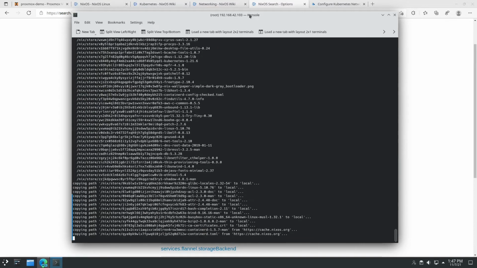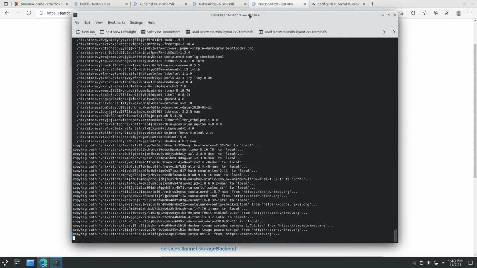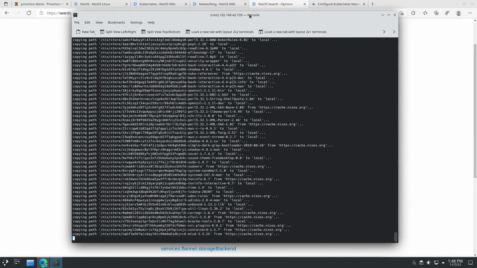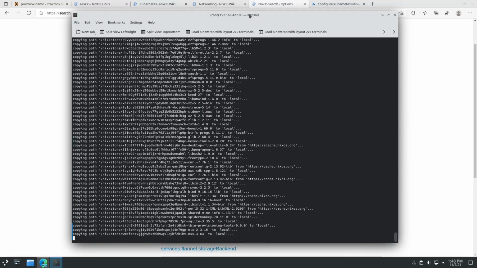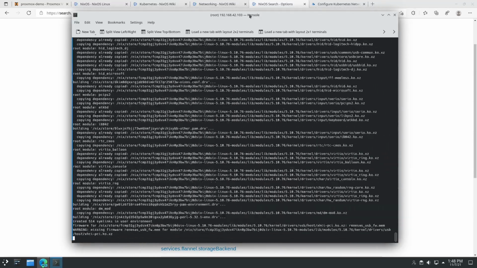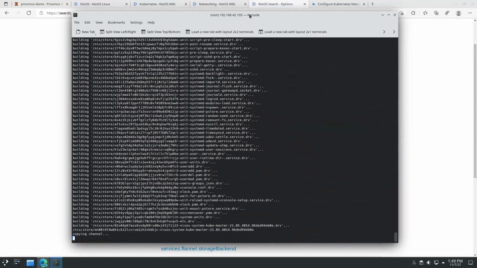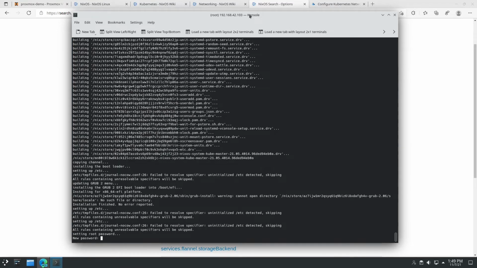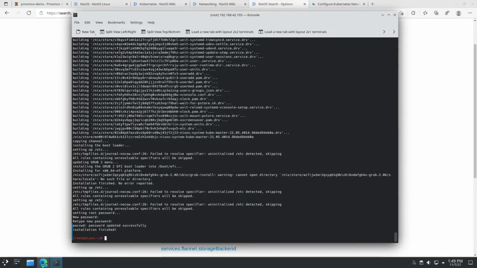Right now it's installing packages, it looks like. All right, now it's asking for the root password. Not the root password itself, but we're setting what we want the root password to be. So we'll go ahead and type a root password now. All right, now the installation is finished. So we should just be able to reboot into our system now. If we hit reboot,